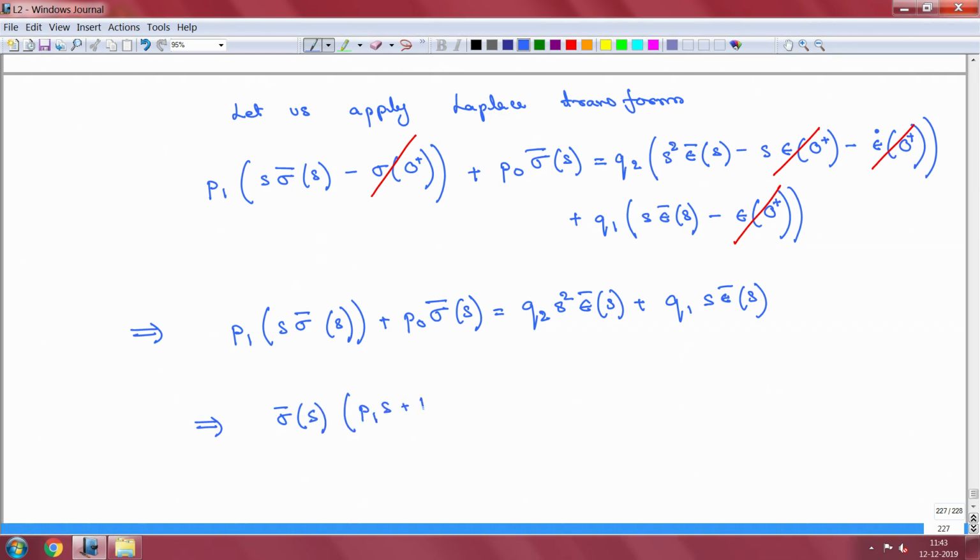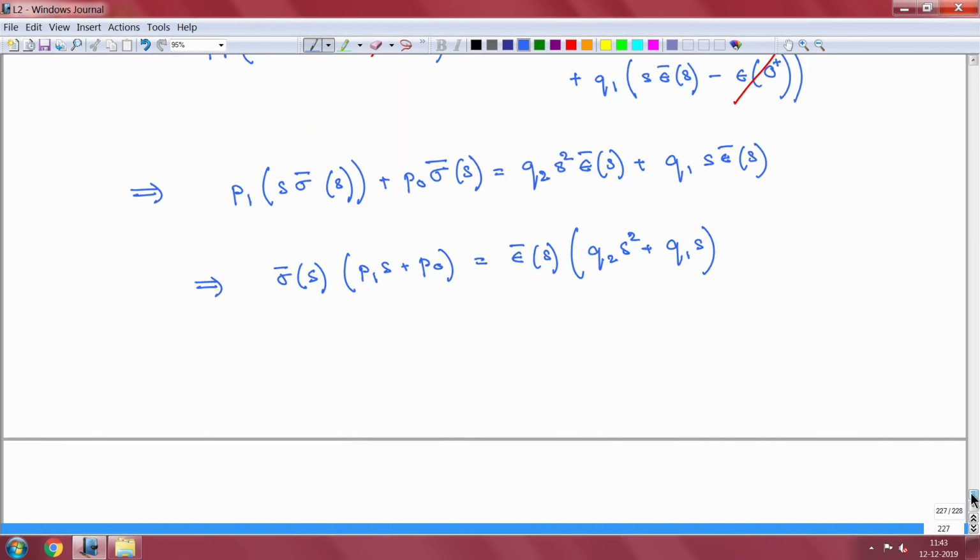as, on this side we have epsilon bar s, you have Q 2 into s square plus Q 1 times s. So, to get the functional forms for G t or J t, we have to solve this equation using the appropriate condition. If you are looking at the stress relaxation function, then our epsilon or the strain is a step function.